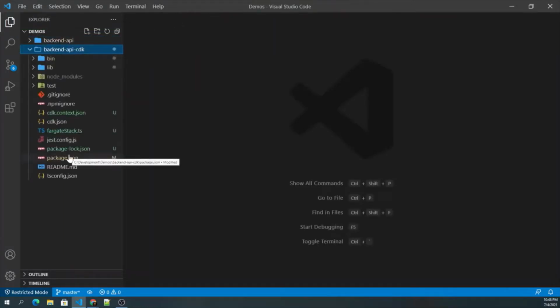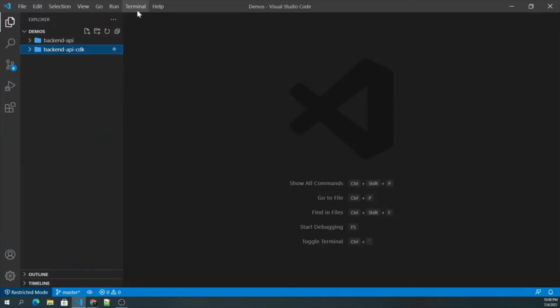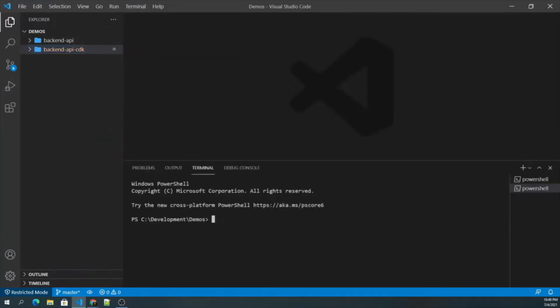The backend API CDK folder contains all the code required to create or provision your infrastructure as a CDK application. So in order to initialize a CDK application, what you need to do is open a terminal, go inside that particular folder.